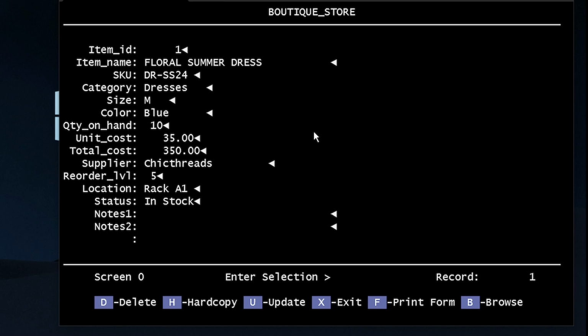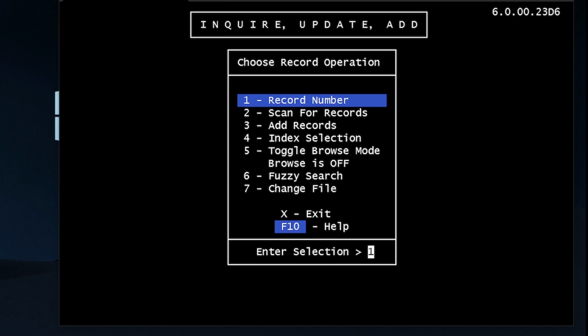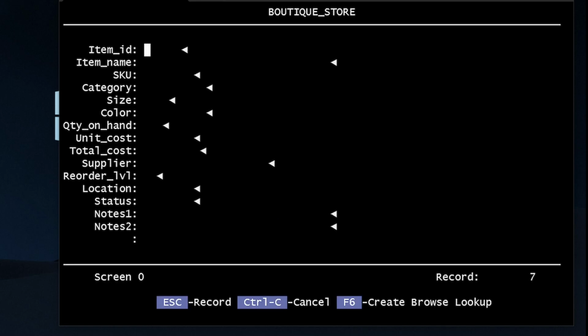So let me cover what I have in this database so far. I've just got a few items. We've got jeans, blouse, cardigan, t-shirt, beanie, and just typical things we would see in a database. So what I'm going to actually do is add another record,